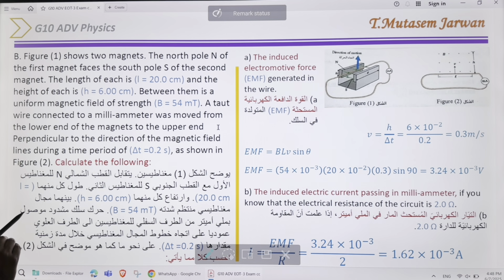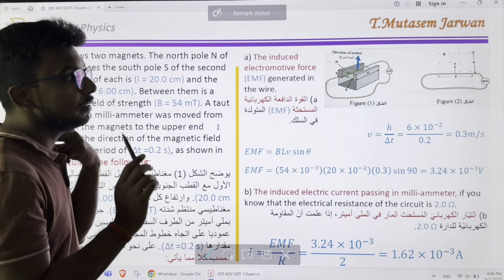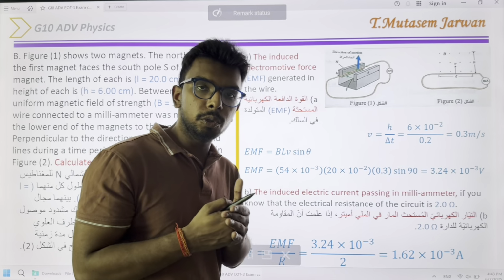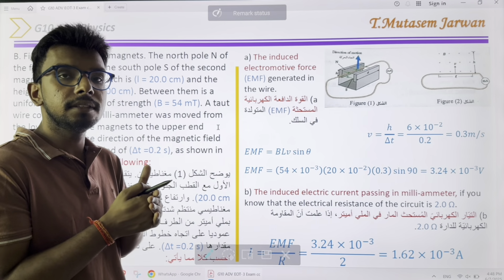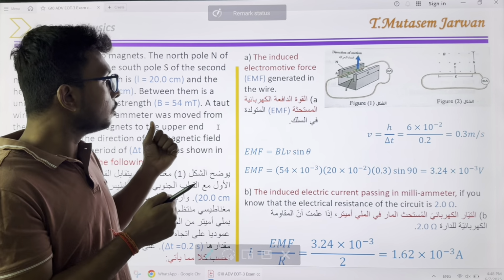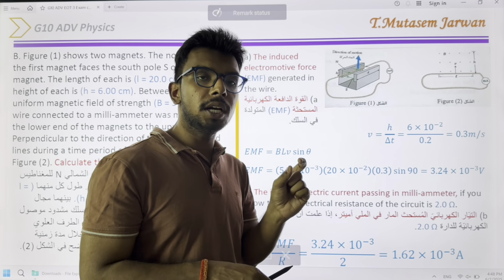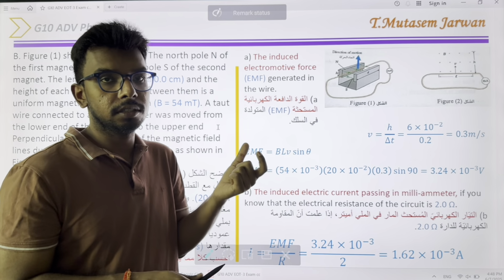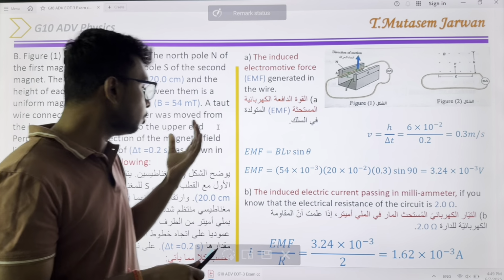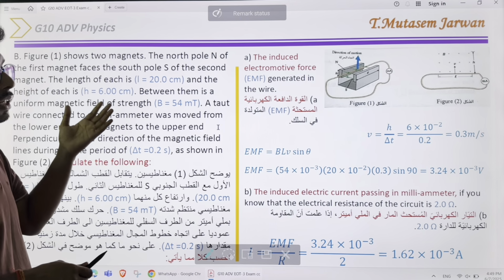A taut wire connected to a milliammeter was moved from the lower end of the magnet to the upper end perpendicular to the direction of the magnetic field lines during a time period of 0.2 second as shown in the figure. Calculate the following. See, nowadays what they have started doing is they ask applicative questions. That means you have to understand what is happening in the situation. Using the formula directly might not work. So that is why I would recommend you to go through the question in Arabic and in English to understand